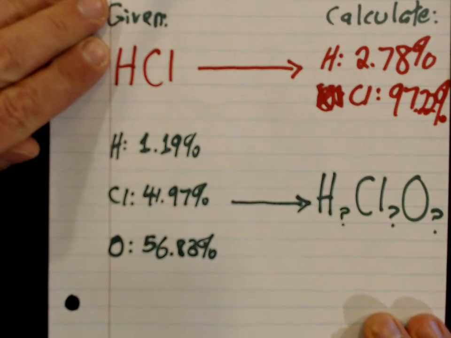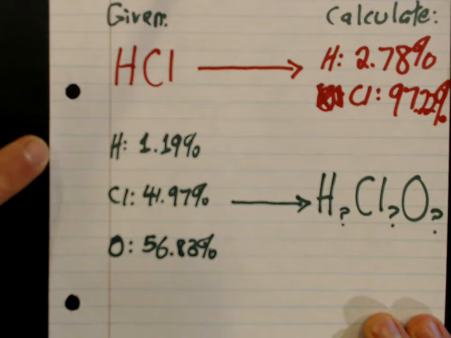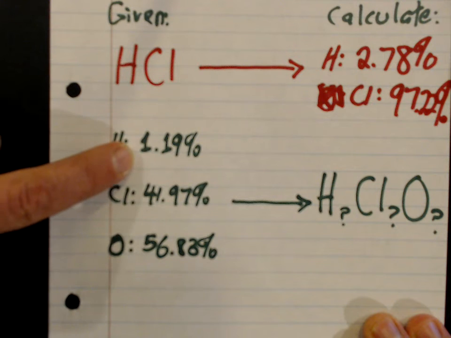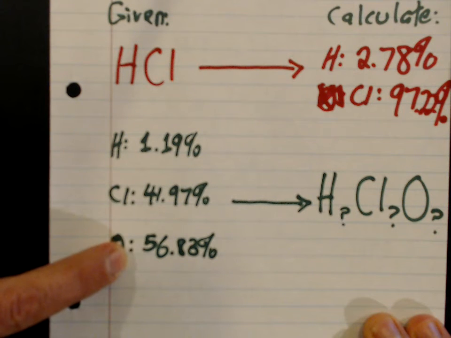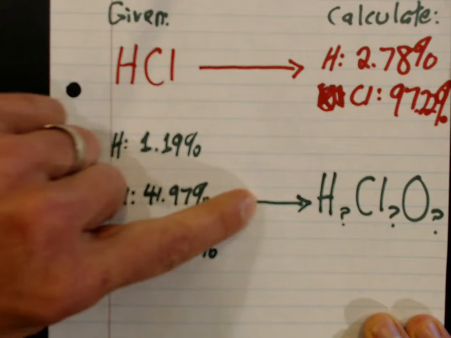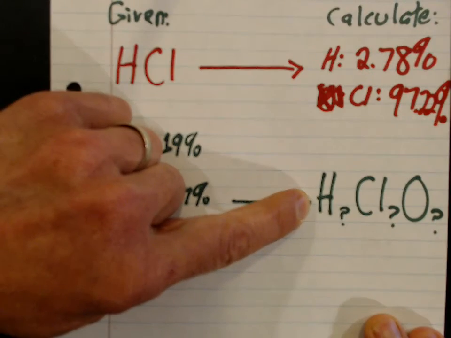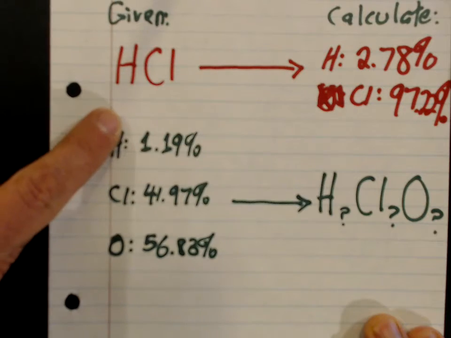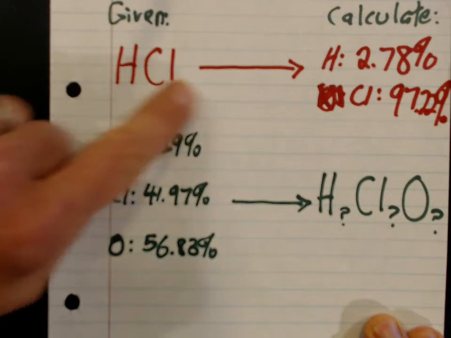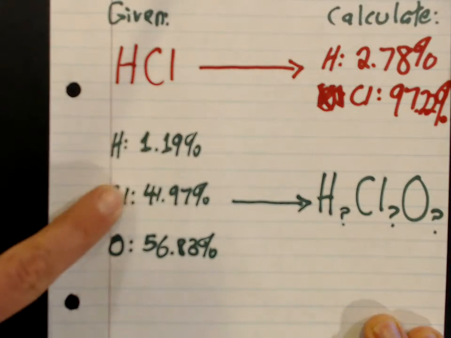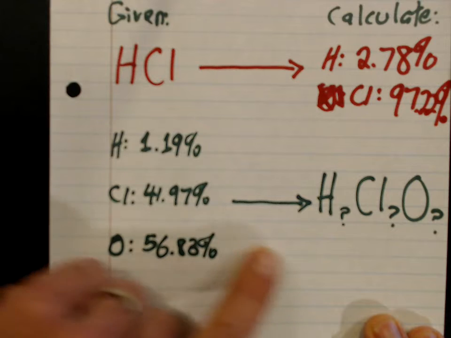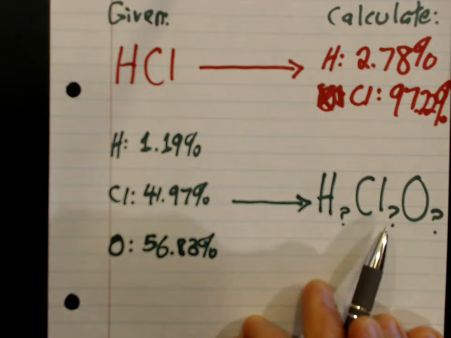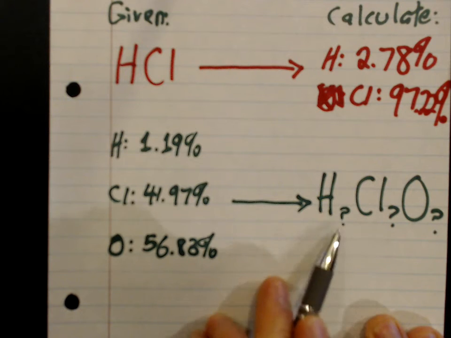Today, I'm going to teach you how to do the opposite. That's right. You'll be given the elements for a compound as well as their percent compositions. Okay? And then your job will be to determine its empirical formula. In other words, it's the reverse of what we did up here. Up here, you were given a formula, you found the percents. Now you're going to be given the percents, and your job is to find the formula. Your job is to find what little subscript belongs after each element